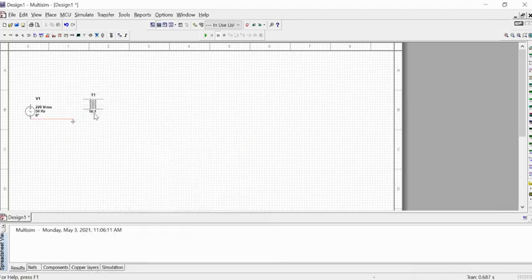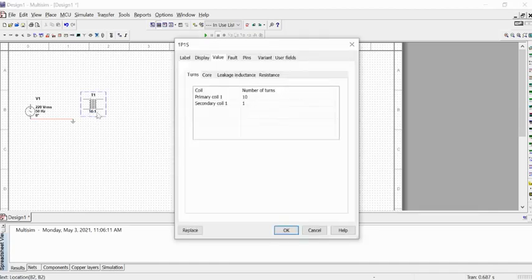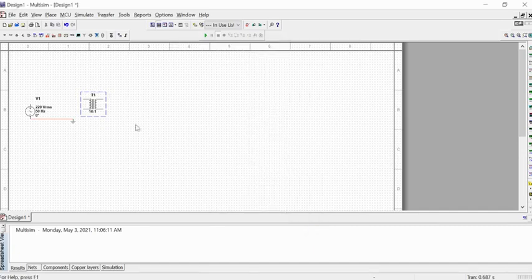Here you can see the ratio 10:1. It means in this transformer the number of turns in the primary coil is 10 and the number of turns in the secondary coil is 1. So it is basically a step down transformer. If you want to change this turn ratio and make it a step up transformer, you just need to double click on it, and here you can see the primary coil number of turns and secondary coil number of turns. So you can change it here and make it according to your requirement, like if you want to make it 100 by 20 or whatever turns you want in your transformer ratio. So this is a transformer.